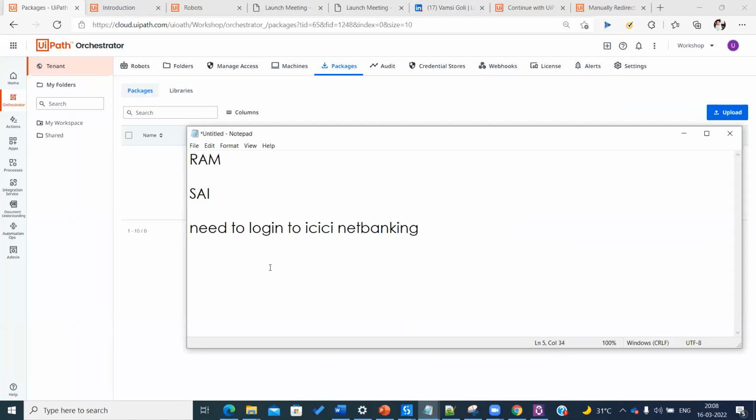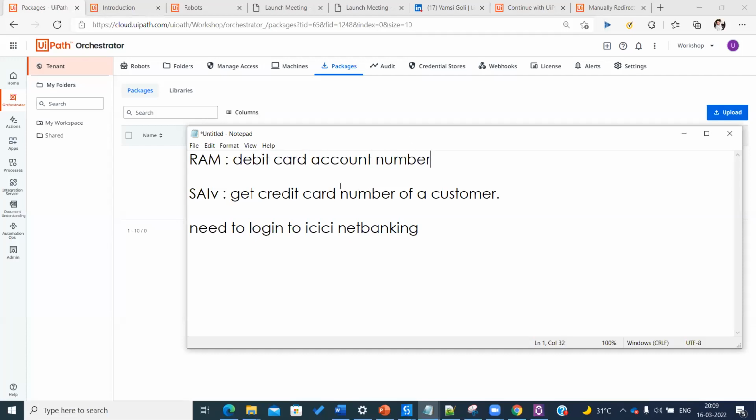If Sai needs to log into ICICI net banking and do something else, let's say Sai needs to get credit card numbers of a customer. Just imagine some simple scenario. And for Ram, you need to get debit card account numbers or some numbers, or else a savings bank account number or whatever.